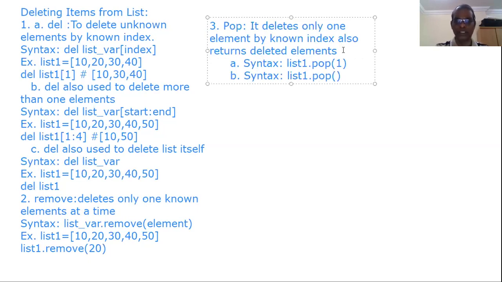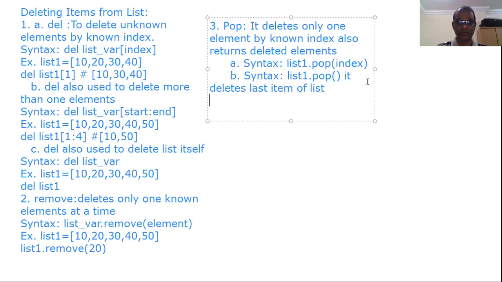So here, the second syntax deletes the last item of the list. We will see an example.